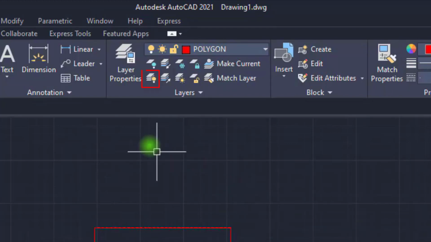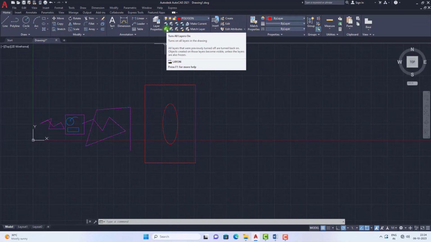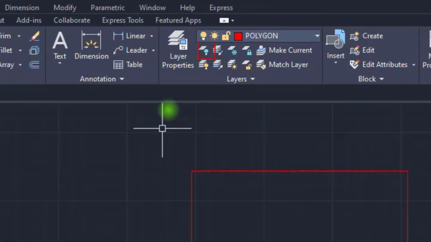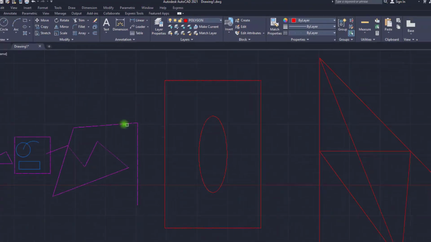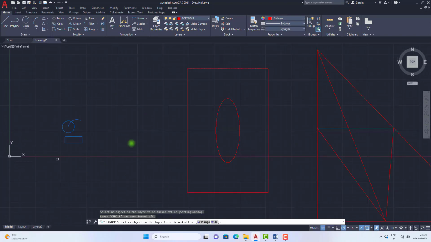See, I am clicking on this so that the object will be shown again. See, it appears again. So if you want to turn off any objects by selecting them, I click on this Off button and select this object so that that particular layer will be in hidden mode. And if you want to show it again, I click here so that it appears.